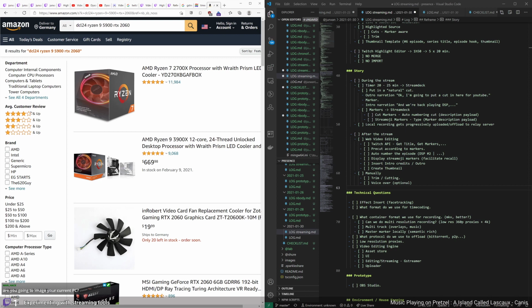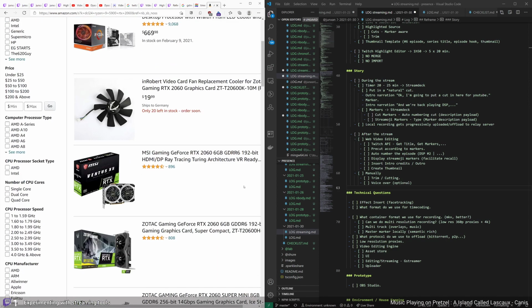I probably won't, because I'll probably just keep it as it is. I don't know if I'll image it. Imaging the Windows partition might help, yeah, to get set up fast. But